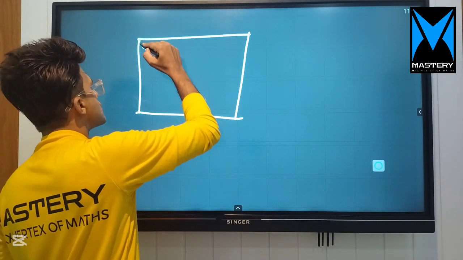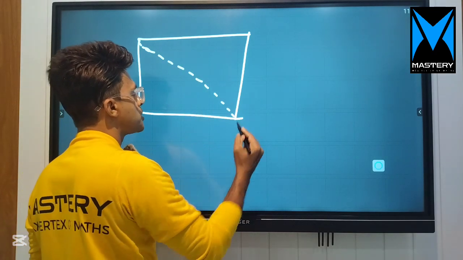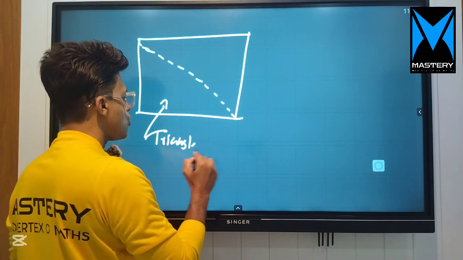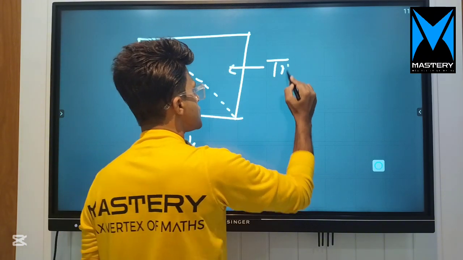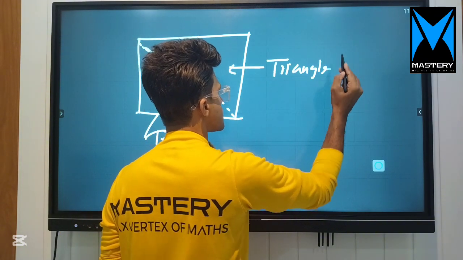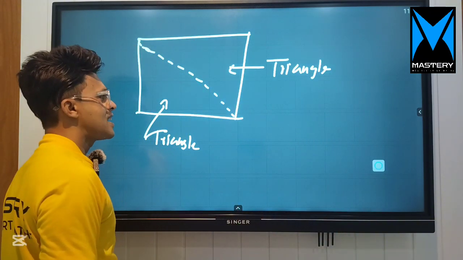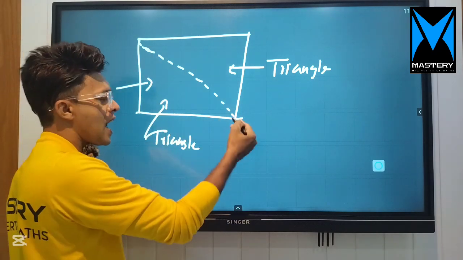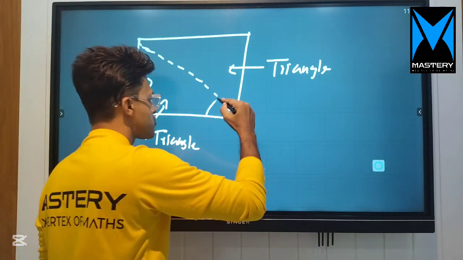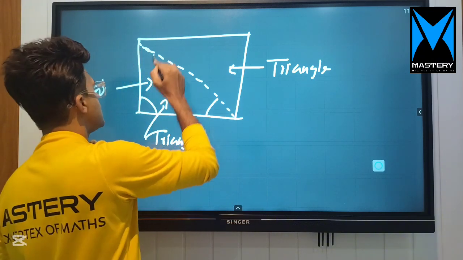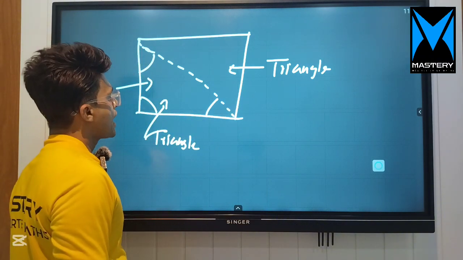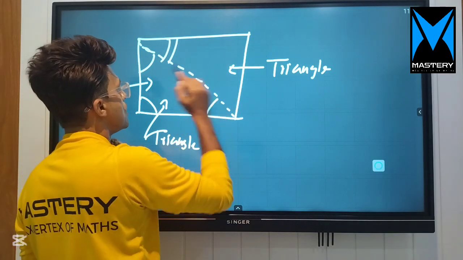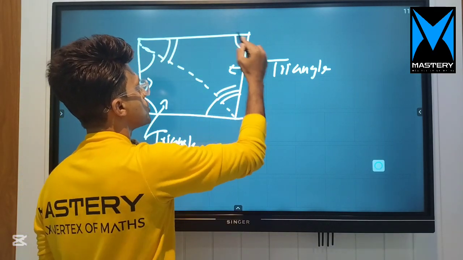Now I'm going to divide this quadrilateral into 2 triangles. Here is a triangle, and here also a triangle. Previously we learned that the sum of interior angles of a triangle is 180 degrees. So the sum of these 3 angles equals 180 degrees. Here as well, the sum of these 3 angles